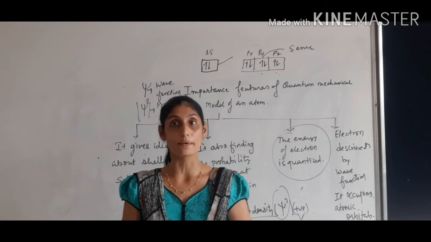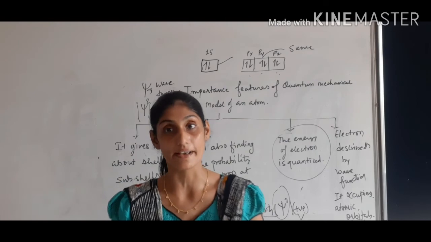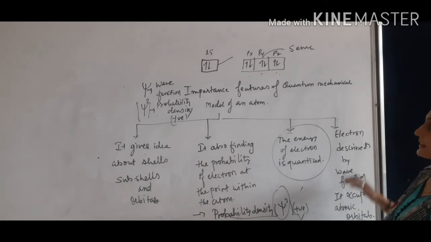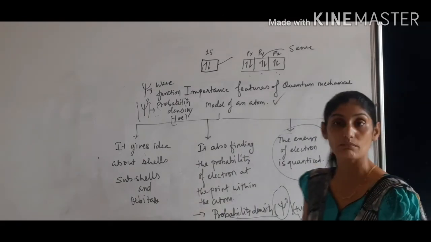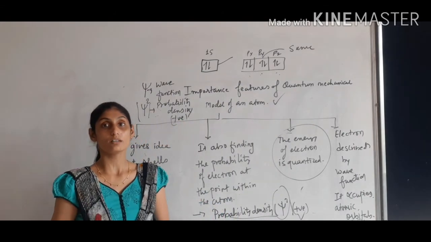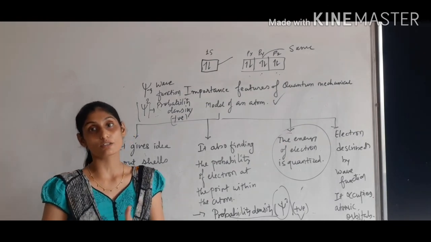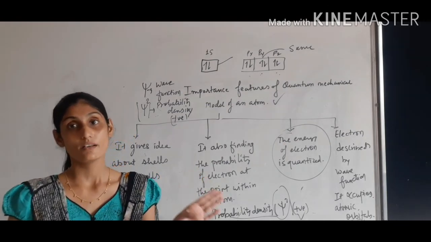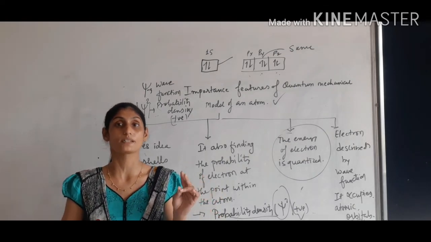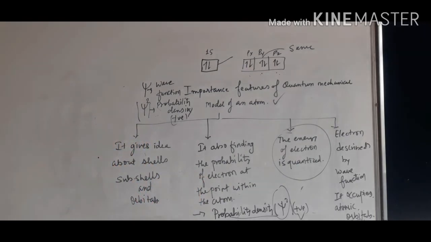Now we learn a new topic about orbit and orbital. What is the difference between orbit and orbital, in the next lecture, children? So can we just write this? So we have an idea of what we have learned about the features of the quantum mechanical model of an atom. And now in the next lecture we will learn about the difference between orbit and orbital, as well as the shapes of the respective s orbital, p orbital, d orbital. We only have to learn about three shapes: s, p, d. So we will learn in the next lecture. So kindly look at this and copy it down.